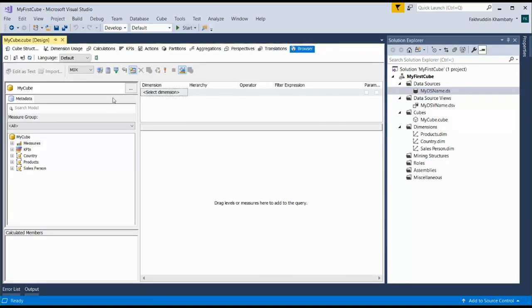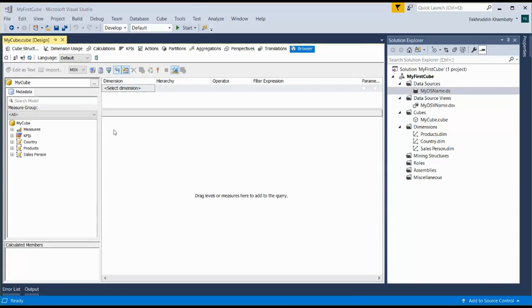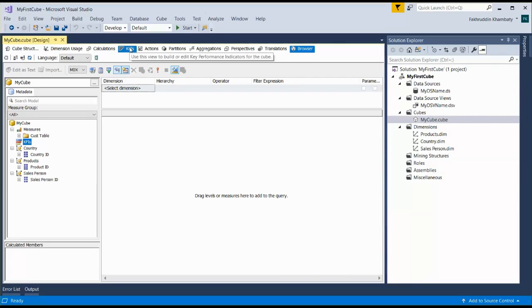This is a browser, and I'm going to click on auto execute. You will get some options over here. I'll refresh it just to make sure that we have the refreshed cube. And my cube, remember this cube that we have created? It's showing over here. It has measures, it has KPIs, it has country. These are the dimensions. Now KPI, remember, look at this KPI over here. We have a KPI tab also.